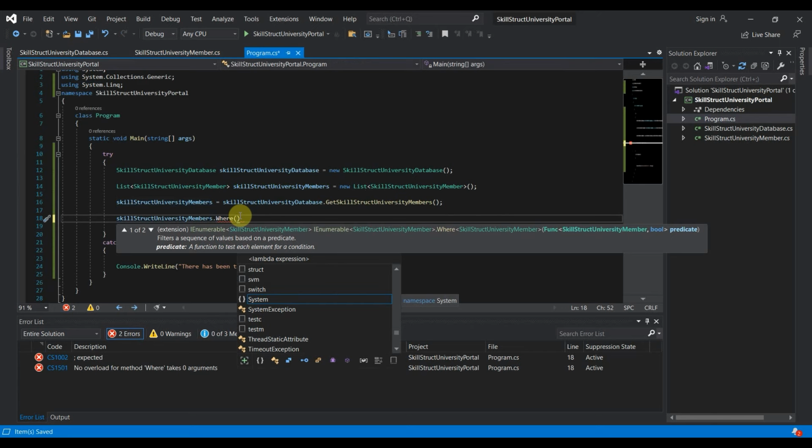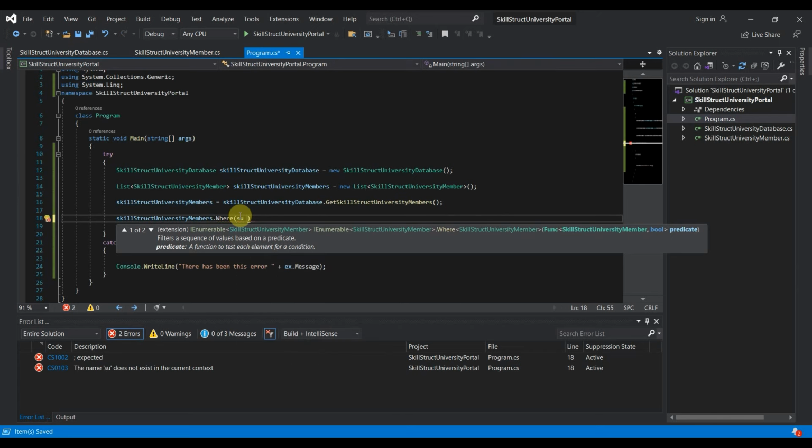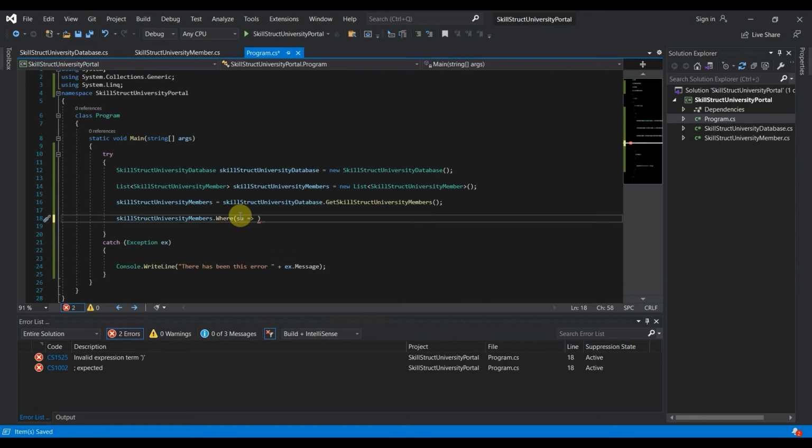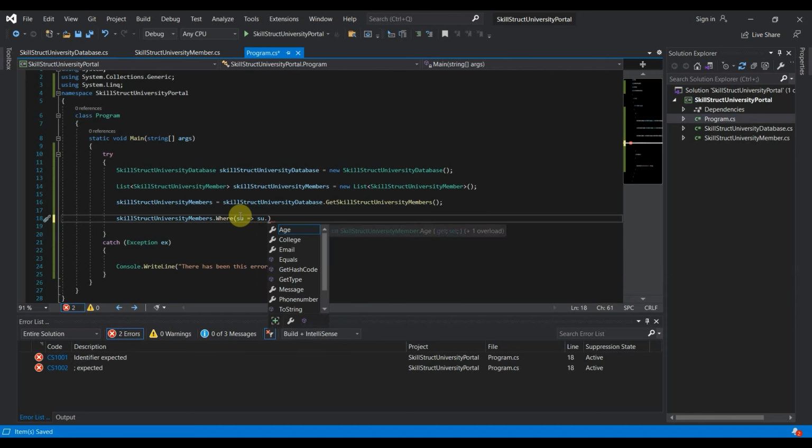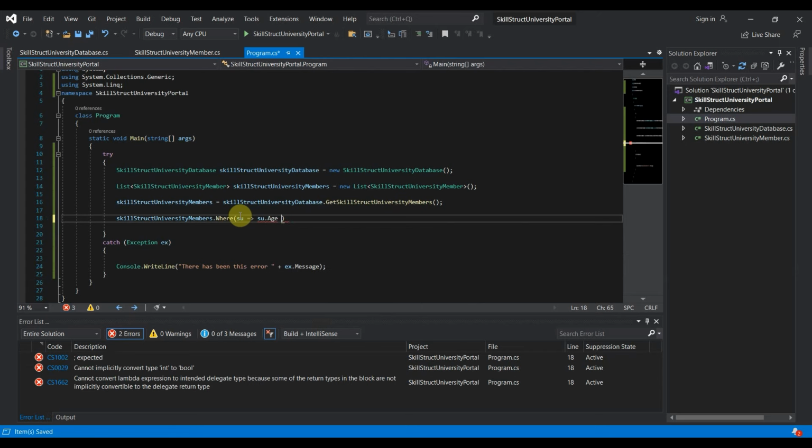And so the way we access that is we need to call it a name. What we're going to name our object, I'm just going to call it SU for SkillStruct University. And then the convention is the equals arrowhead. Once it does that, it goes into an object. Now if I type in SU dot, it gives us access to all those properties that we had in SkillStruct University member. The one we're going to focus on is Age,